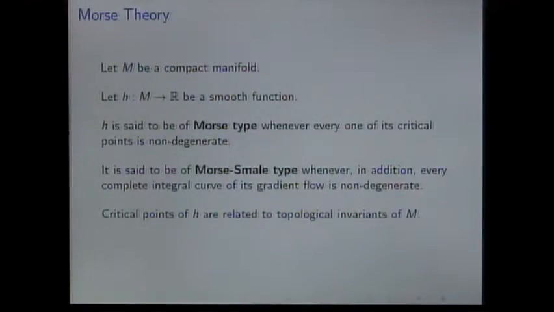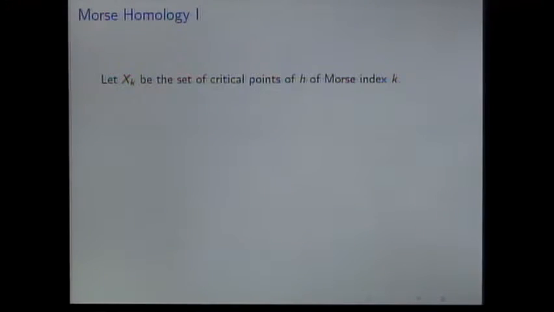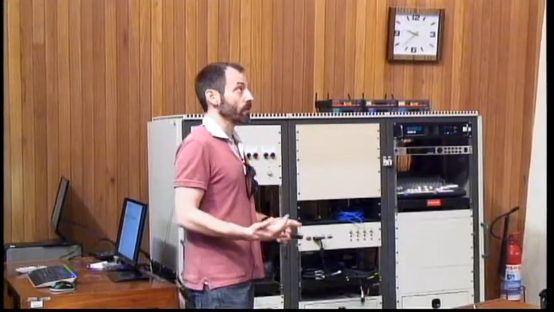So, the great observation of Morse, the beautiful observation of Morse, is that critical points of H are related to a topological invariant of M. And this forms the basis of Morse theory. Now, in the original work of Morse, people tell me, I haven't read it, there are already indications of the deeper and more beautiful Morse homology, which is a more subtle expression of Morse theory. The idea is that these critical points actually constitute a chain complex. And this chain complex has a homology, which you can study.